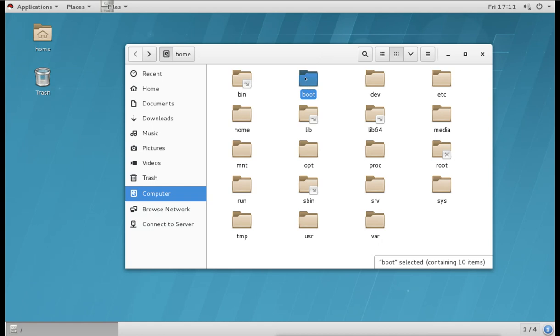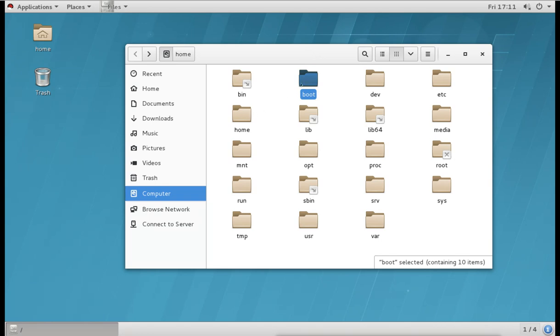So we have a separate partition for this. Whatever we save under this boot directory, or even the home directory, for which we also created a partition, will not be saved under the slash partition. Whatever I save in the home directory or boot directory will be saved under a different partition.